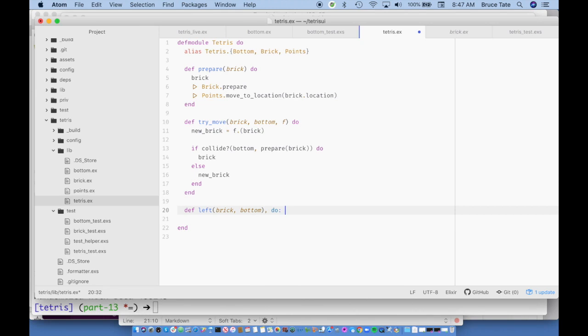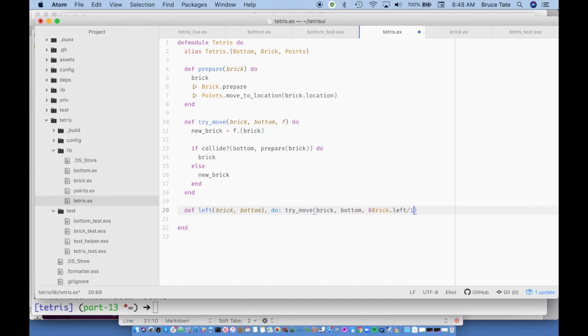And I'm going to one-line this basically because I'm going to want to see this try move. I'm going to want to see the function that I pass into that. That's going to take a brick, and the function is at .move or